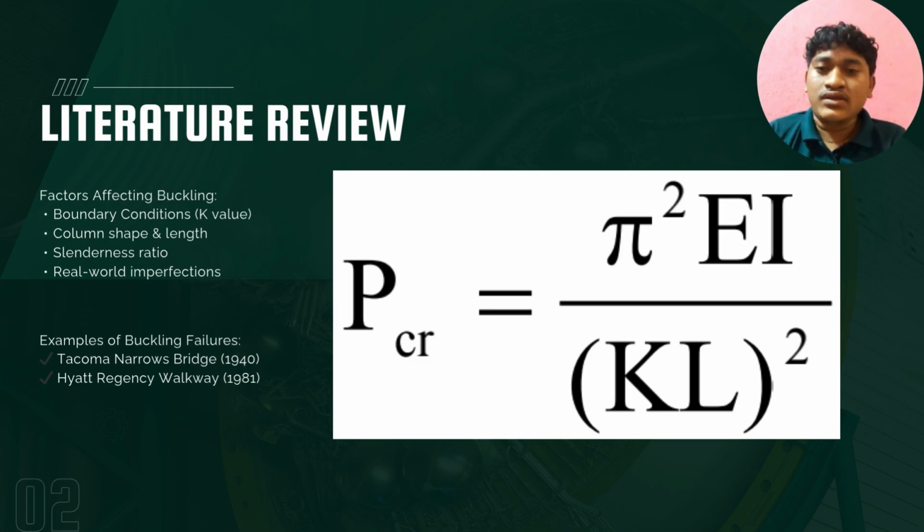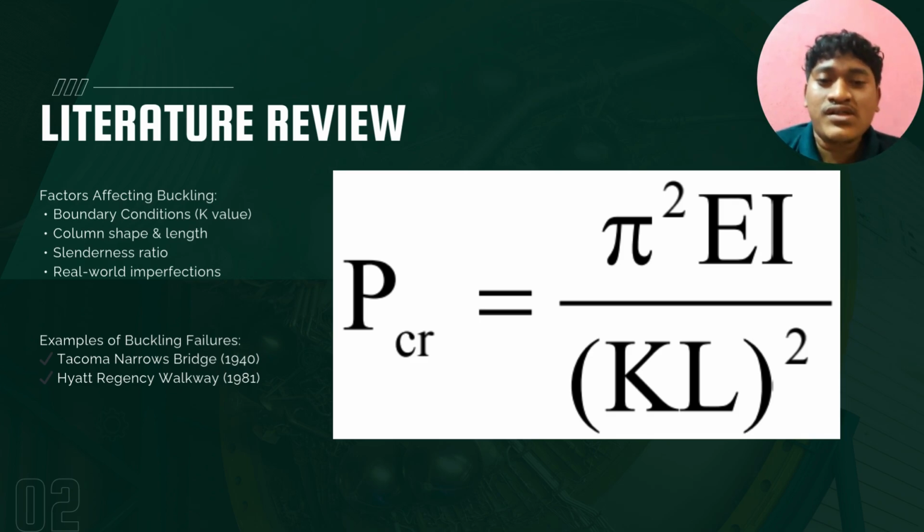Next, the literature review. The factors affecting buckling are four things. The first one is boundary condition. The second one is column shape and length. The third one is slenderness ratio, and the last one is real world imperfection. There are two examples of failure, as you can see,